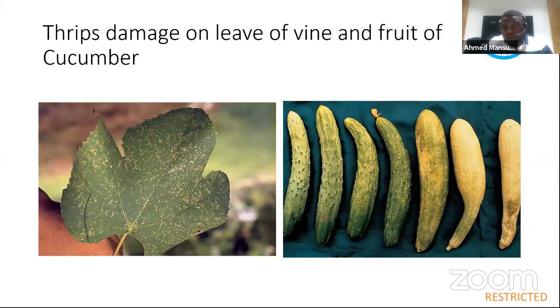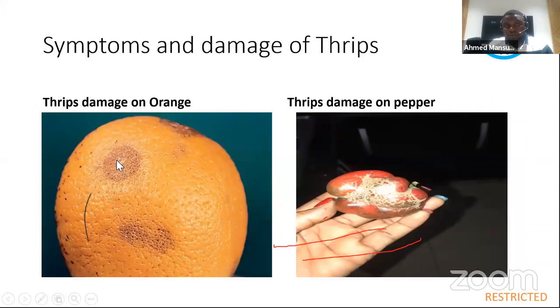So it's the same thing for the crops too. So this is some damage on oranges. So they affect orange as well. This is damage on pepper. I got this picture from one of the participants as well, just to showcase what they can do at the local level. So these are pests that come to attack your crop and also leave a footprint as they are going. Because of the pathogen they secrete, it's very important to guard against them attacking your crop